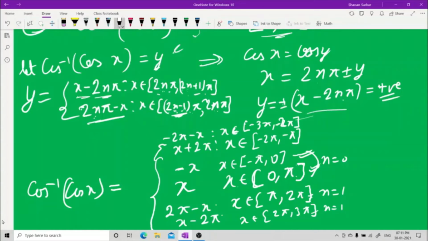That's why. I hope you understood. देखो जब n 0 लोगे यहाँ पे दोनों जगह पे n पे 0 पुट करो तो क्या मिलेगा x और माइनस x और माइनस x फॉर n इक्वल टू 0 के लिए आप n इक्वल टू प्लस 1 पुट करो जब n इक्वल टू प्लस 1 पुट करोगे यहाँ पे तो 2 पाई और यहाँ पे होगा 3 पाई, 2 पाई और 3 पाई और ये क्या होगा x माइनस 2 पाई, ये आ गया x माइनस 2 पाई जब n इक्वल टू 1 पुट करोगे यहाँ पे तो दिस इज माइनस 2 minus 1 is pi and